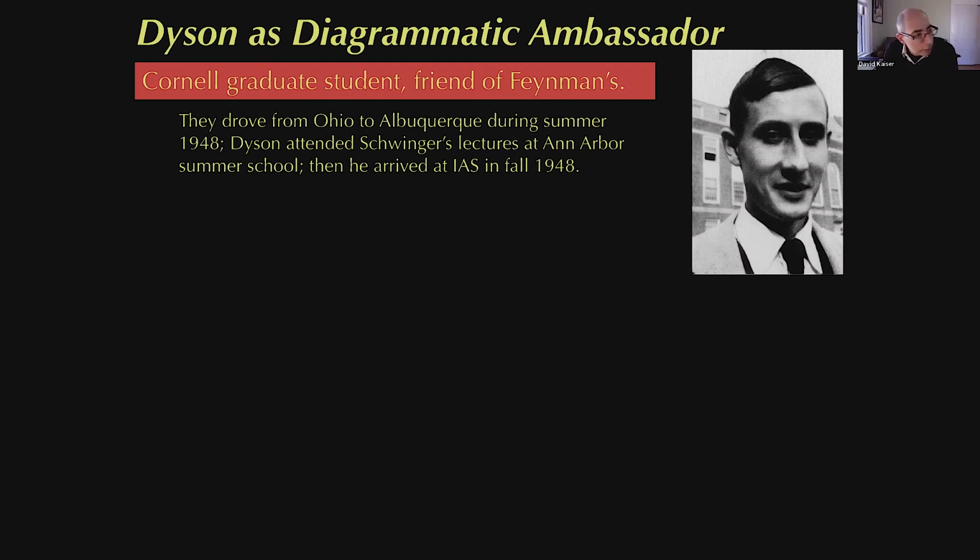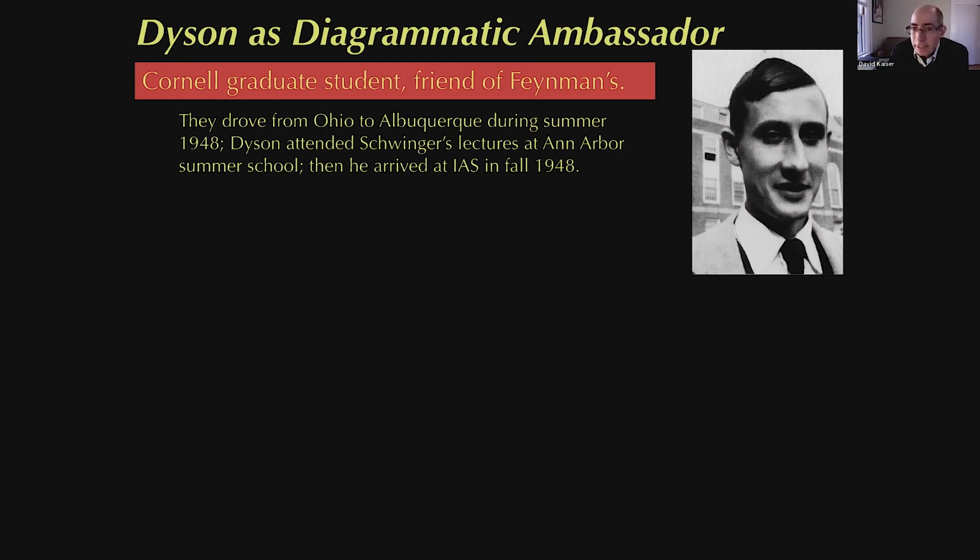which is, say, just weeks after the Pocono meeting. So Dyson had not been at Pocono. He'd been hearing about these things in Ithaca from his new friend, but now he had a several days long drive to just pick his brain. Meanwhile, once they get to New Mexico, then Dyson took the bus to go to Ann Arbor, Michigan. Again, he was like being a tourist. He then spent about 6 weeks at the University of Michigan attending summer school lectures by none other than Julian Schwinger, where again, he had the chance to talk directly with Schwinger at some length and some detail, where Schwinger was lecturing on his own approach to quantum field theory and renormalization.